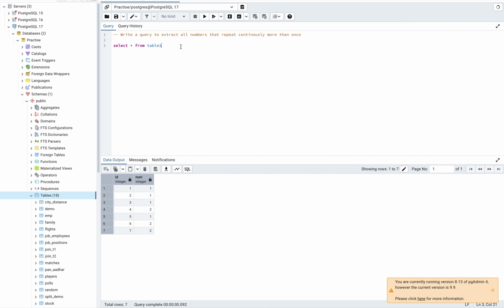So the question that is asked usually is: write a query to extract all the numbers that repeat continuously more than once. And this is the kind of table that you have. I have given the table name T1, table 1, and I'll proceed with it. The first thing I'm gonna do is make a CTE, with CTE as select this one, and then I'll just